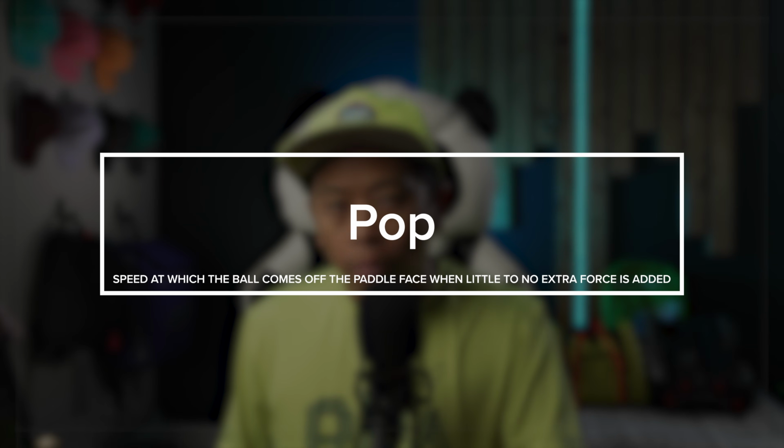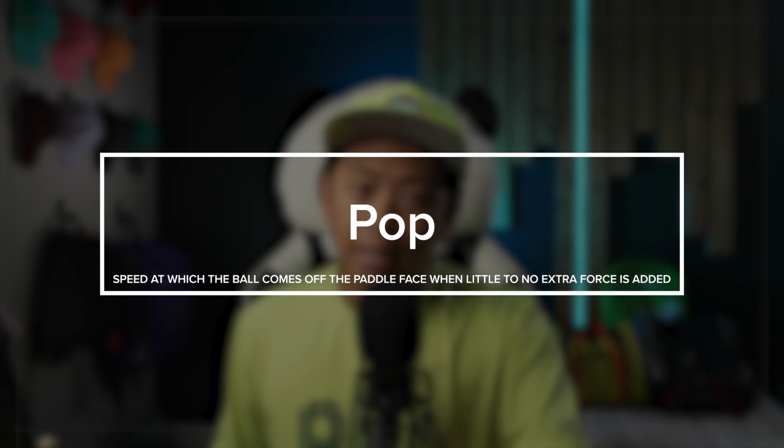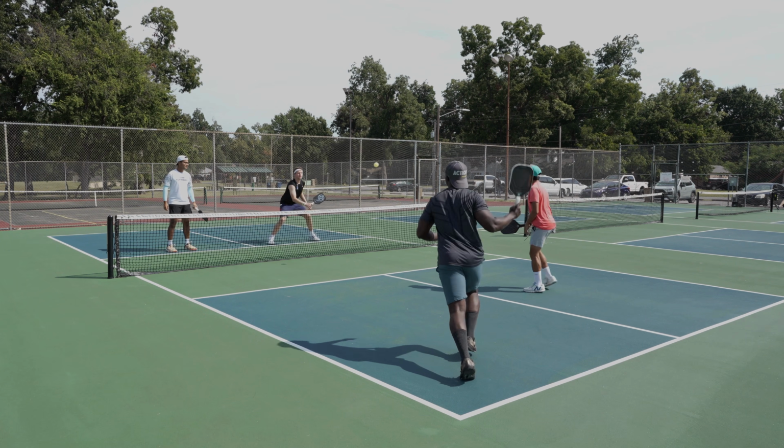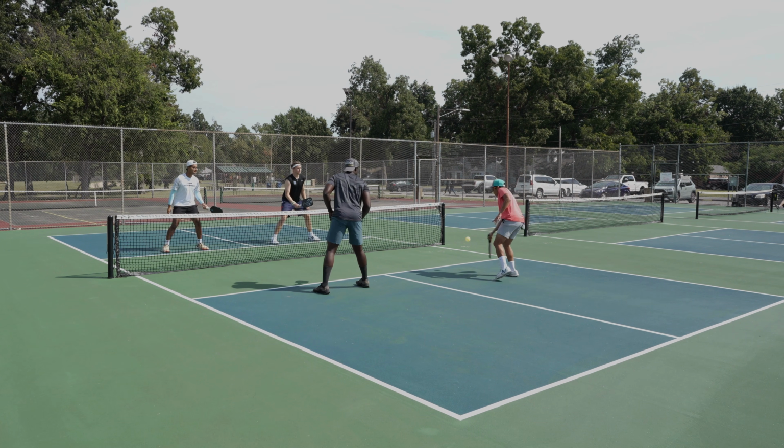All right, let's get into it. So John Q and Chris from the Pickleball Studio and myself have defined pop as the speed at which the ball comes off the paddle face when little to no extra force is added. So think blocks, resets, volleys, punch volleys, flicks, and imagine the speed at which the ball travels after contact with